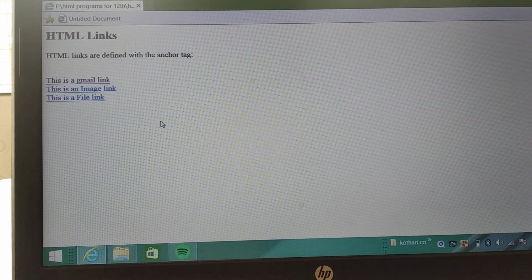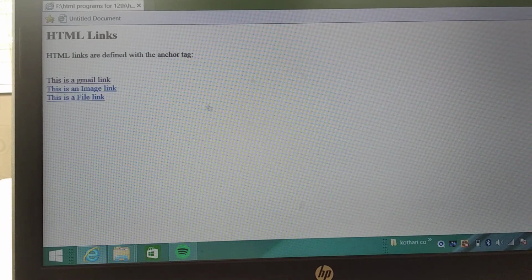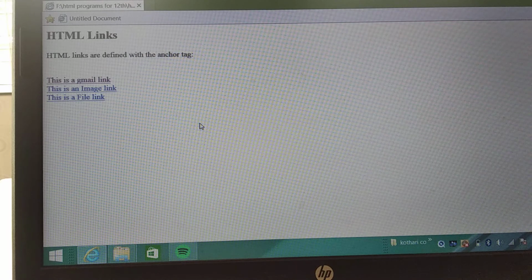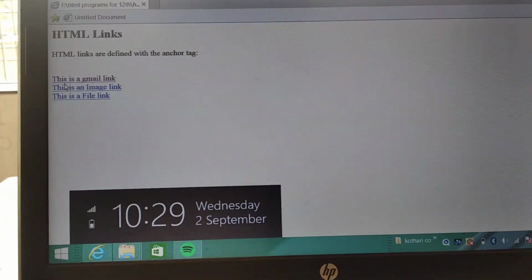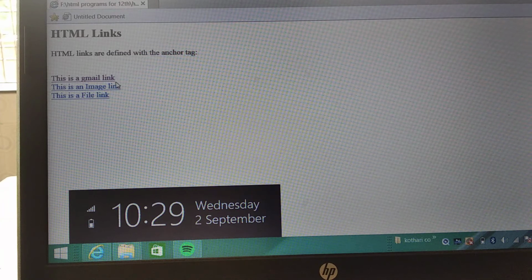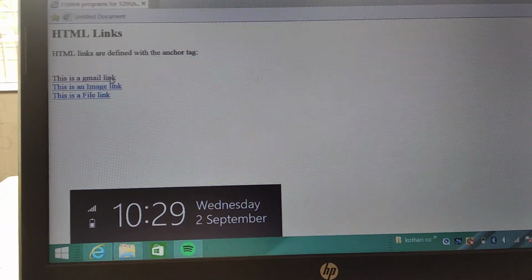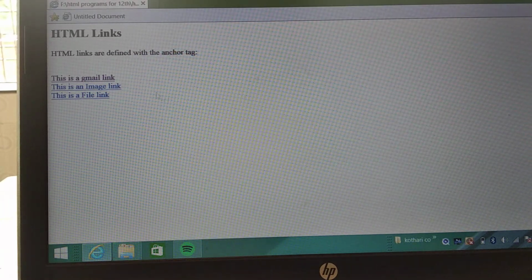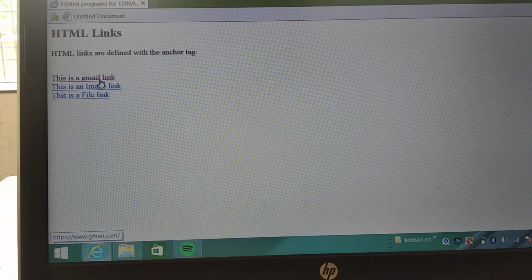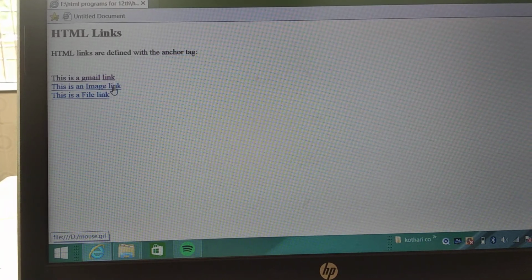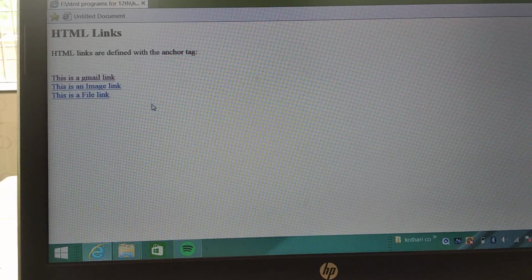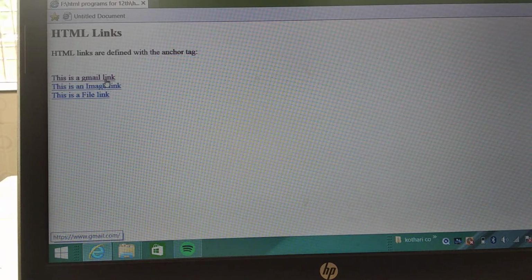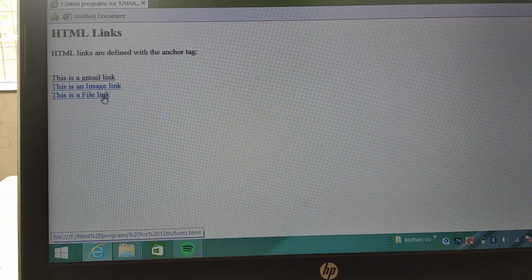If I move my mouse pointer, you can see the mouse pointer as an arrow pointer, but whenever I move my mouse pointer over that word, it changes to the finger shape. Firstly my mouse is an arrow pointer, when I move over the link it changes to the finger shape.